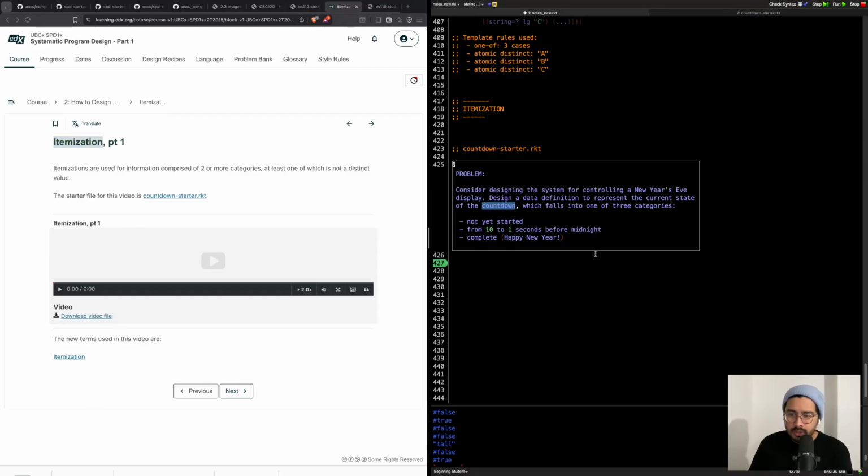Itemization, okay, current state, which falls in one of 3. Oh, okay. So it's not distinct like this, because it could be A, B, or C. So if it's nothing, then it's not started. Like if it's 0, it's non-started. Or rather, if it's 10. 10 to 1, incomplete. So between 10 to 1, there's like 10 options, right? So in that case, it can't be distinct. Is that why it's itemization? I don't